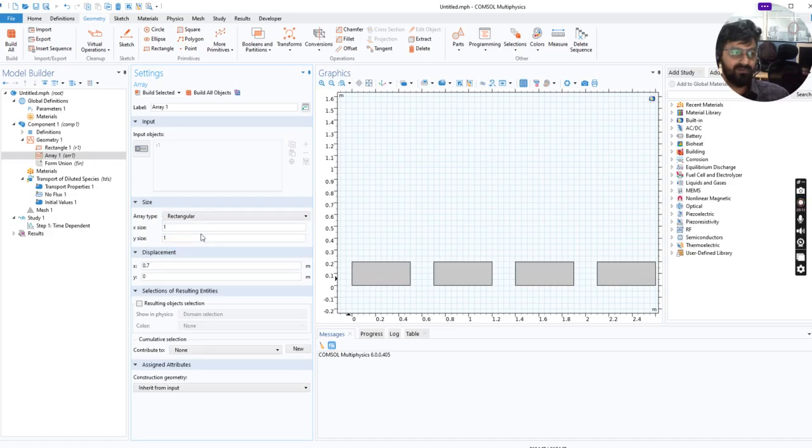Now let's see if I want to make a rectangular array. Along the x and y direction, how many rectangles do you want? So you can put, let's say, 3 along the x direction and 2 along the y direction. After that, for the x direction displacement I am putting 0.6, and for the y direction displacement 0.2. If I do this and select it,